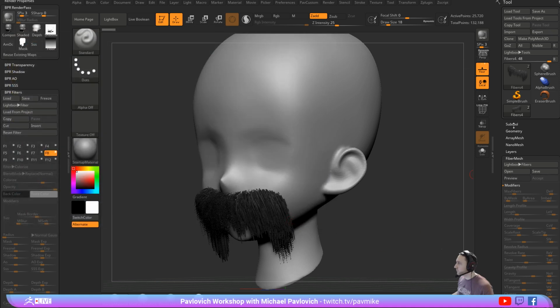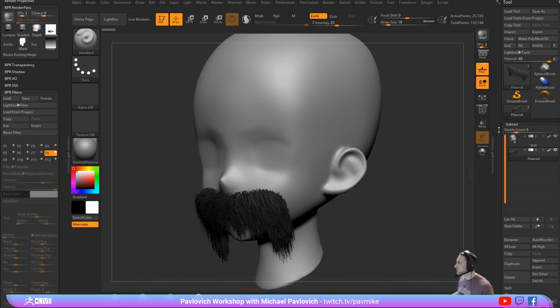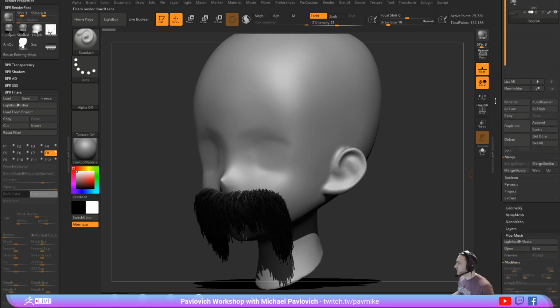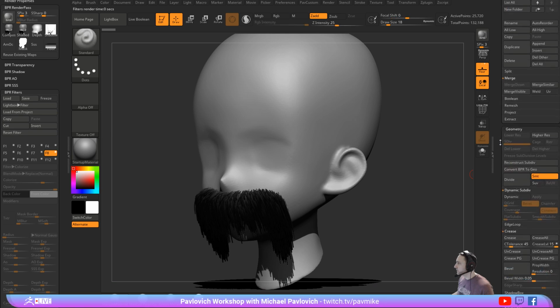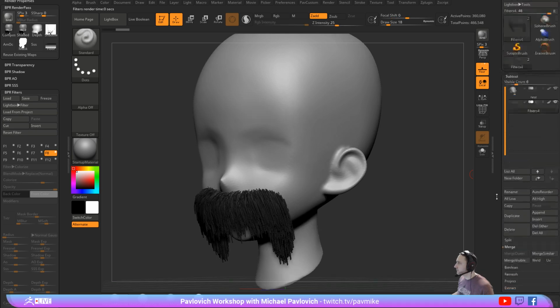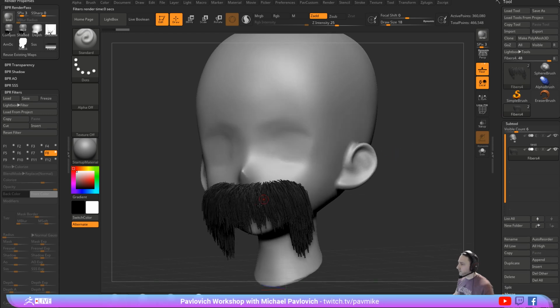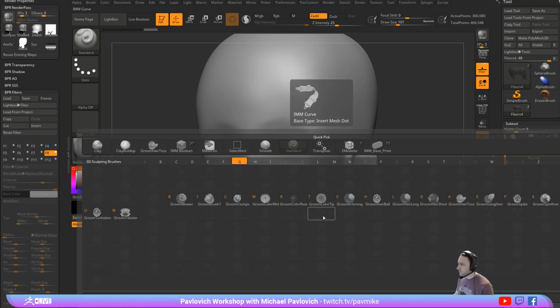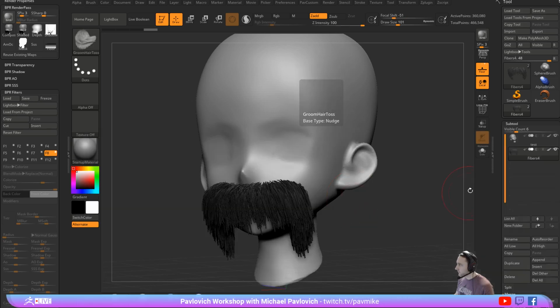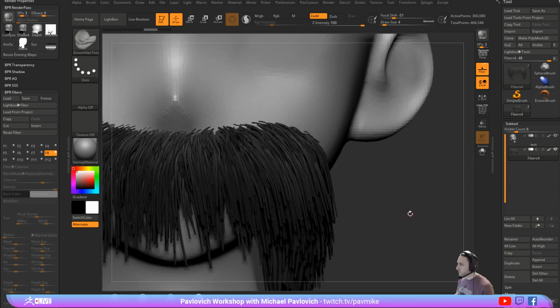And then if you really wanted to convert these, when you're playing with your fiber mesh, maybe we can do this. Can we convert BPR to Geo? And so now if we try to groom these, let's see, brush groom, hair toss. Yeah, so now we just converted these to geometry, so we can go through here and